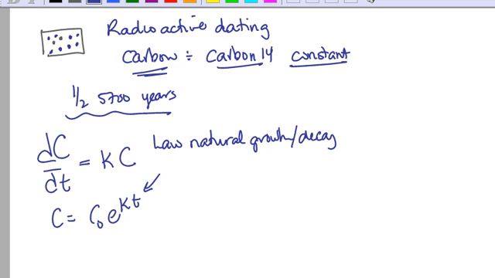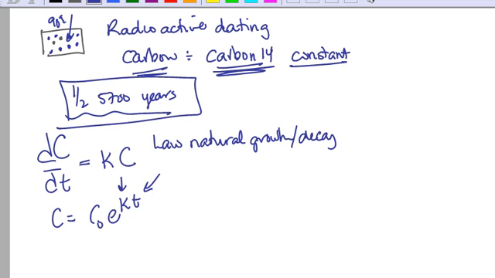So let's say we have a sample, and scientists have measured that it's got 90% of its carbon-14 left. They know what it should be for a living object, and they can measure it now, and there's only 90% left. How long ago did that sample die? So what we want to first start with is find out what k is,